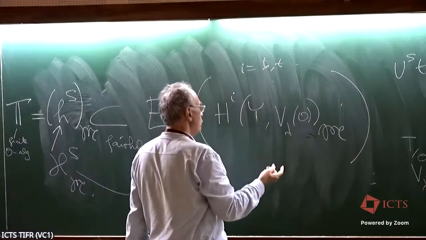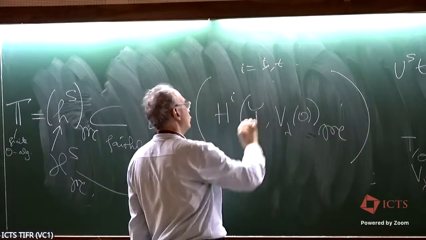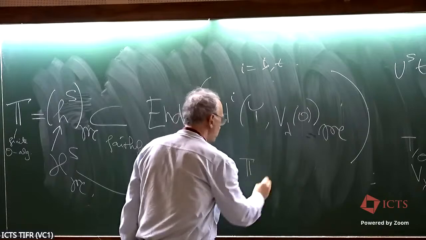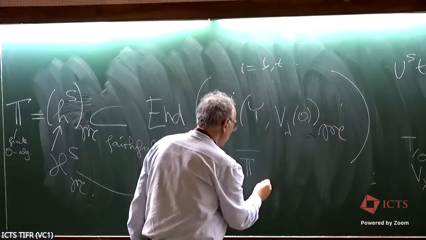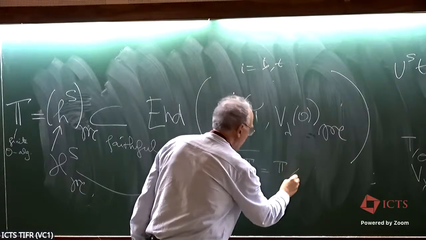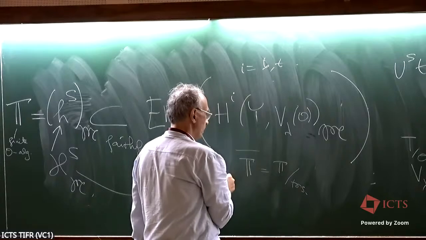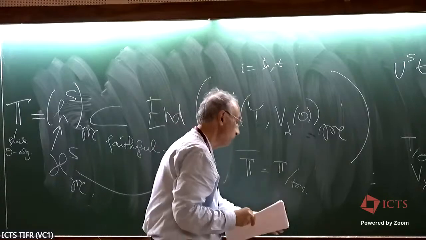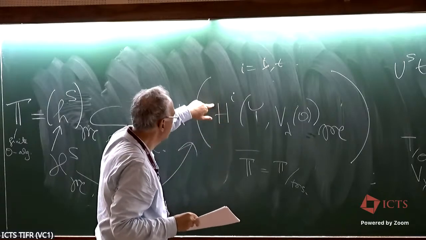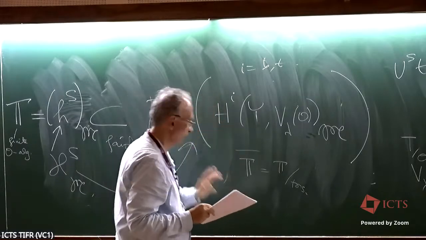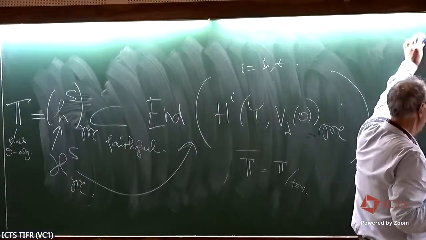Just like you replace the cohomology by its quotient modulo torsion, same for T. T has torsion, but T bar is T modulo torsion, and it's okay. It's as good as T for us, but we lose something. Anyway, that's what we do. We don't care about the torsion, neither here nor there. At some point, we will have to pay for that.